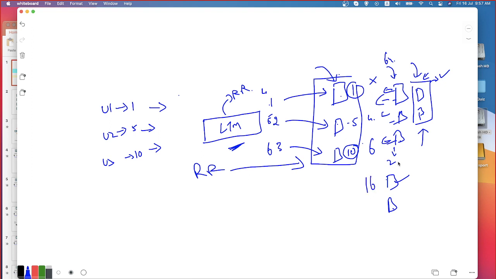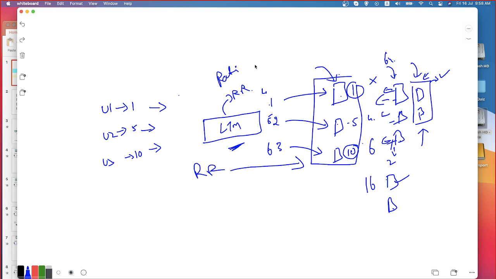But my point is, when the servers are not equally capable of handling the loads, how do you distribute the loads equally? When you say load balancing, equally you are going to be distributing the load. When the servers are not capable of handling that much amount of load, what is the benefit of distributing the loads equally to all the servers? Is that the right way of doing it? Obviously, no. So that's where one more technique got introduced, which is called ratio based.